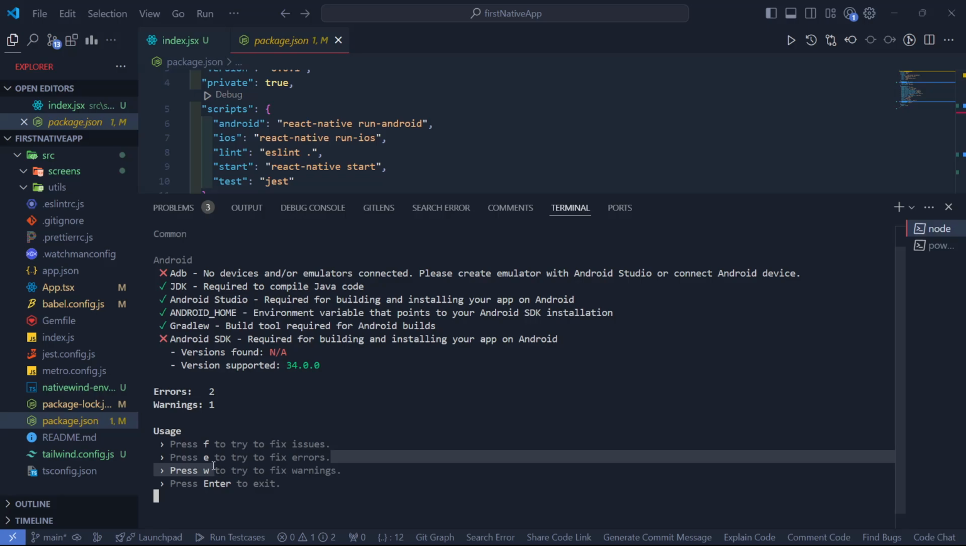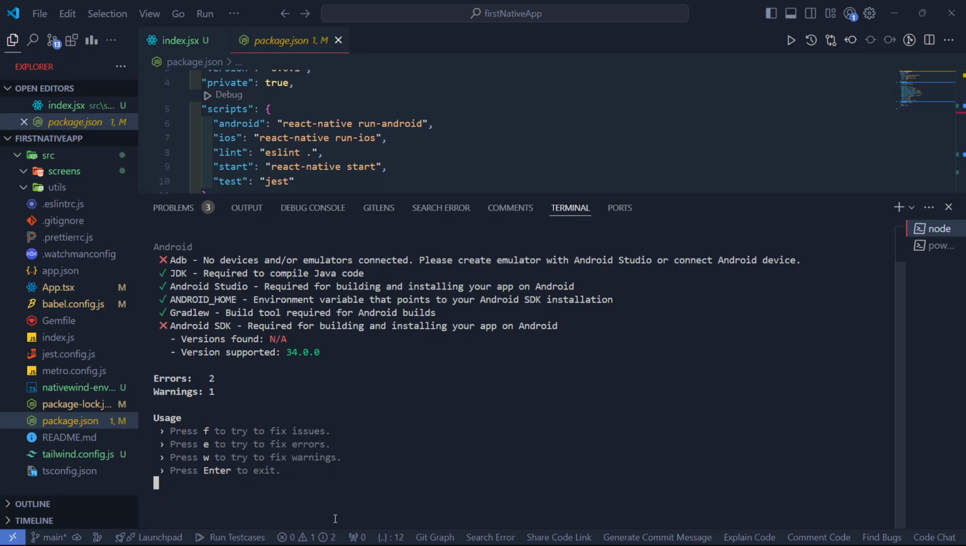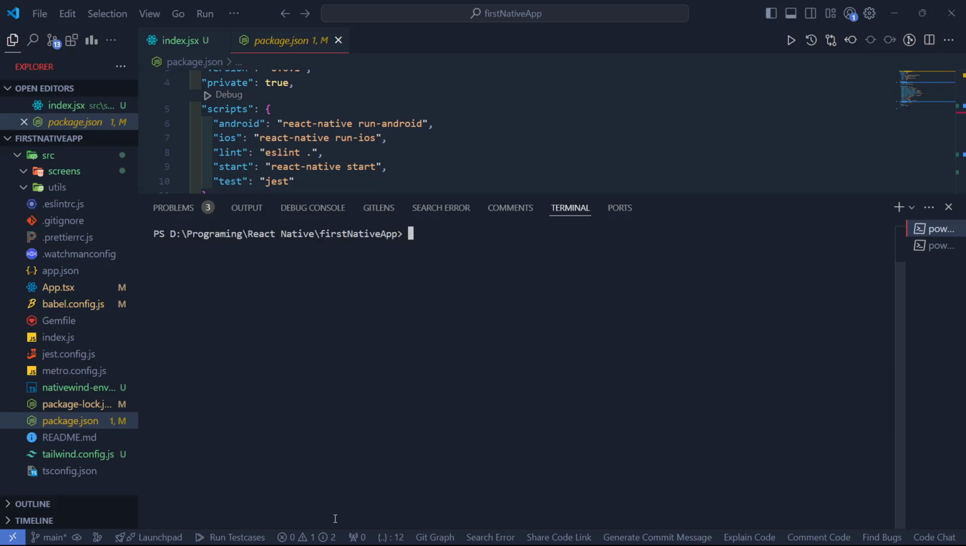Trying to fix error. If you are facing some error, you can press the error and warning option to fix it. In this way it's also fixing the issue. So right now I'm clicking on cancelling all checking. Let me run the doctor command. Just go through this command. It will check all